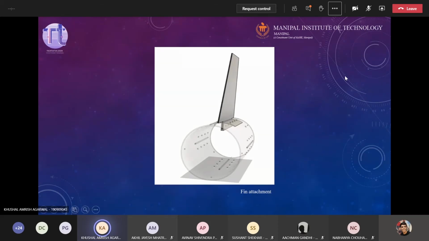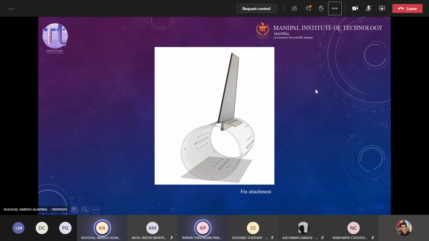Any doubt on this slide or till this point? Is this clear how the fin is attached in this one? Okay. And the bulkheads and the thrust plate and centering rings and the internal parts, as I mentioned before, will simply be bolted to the fuselage. So let's move on to add the couplers, and the... One second, Kushal.